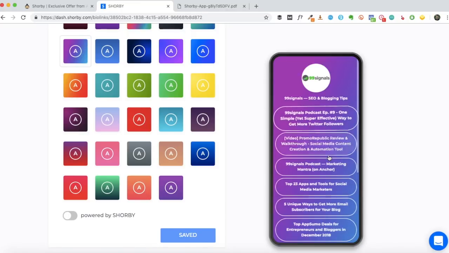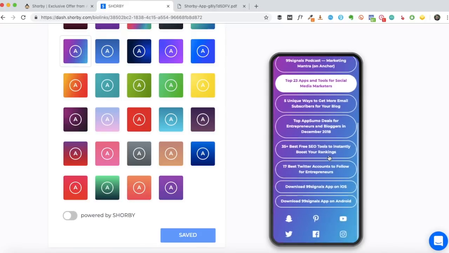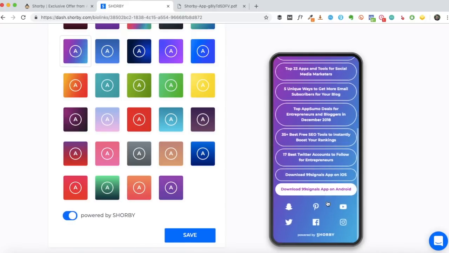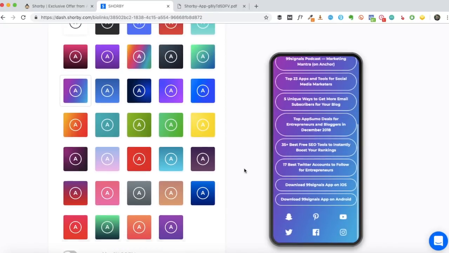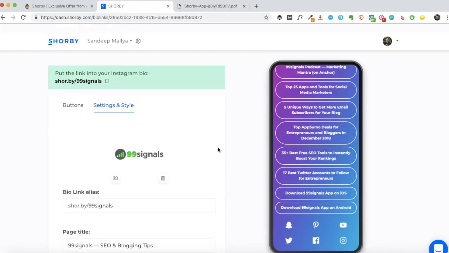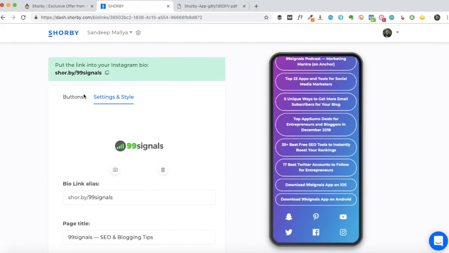So as it is, there are several options out here for users to click on. You wouldn't want to give them one more choice here. So I've removed it, I've deselected it. So once you have selected the theme, you can just save it, and that's it.